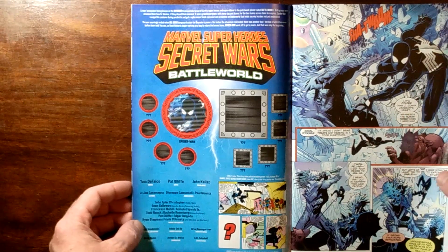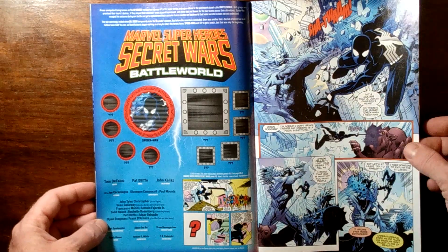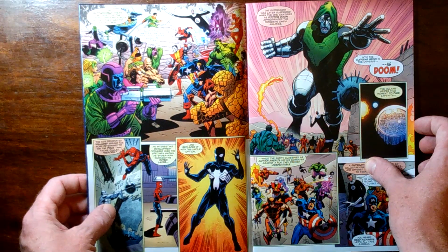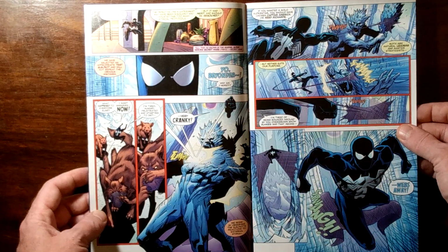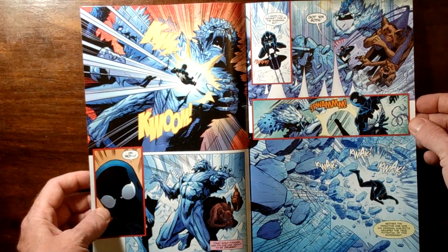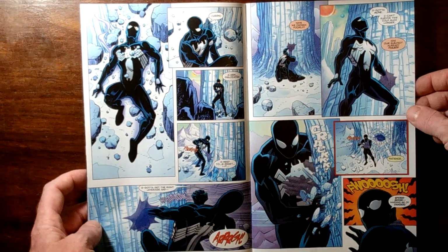He was the editor at Marvel during the original Secret Wars, and Pat Olliffe is the artist here, and he does a really great job. He's got kind of a throwback style, a classic style to his artwork. Kind of reminds me of like Walt Simonson. But a very 80s feel vibe to this comic book. And even though it came out last year,